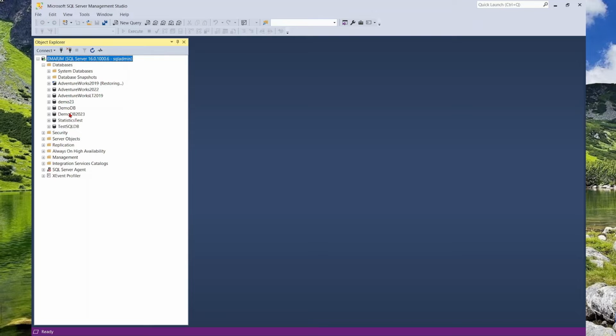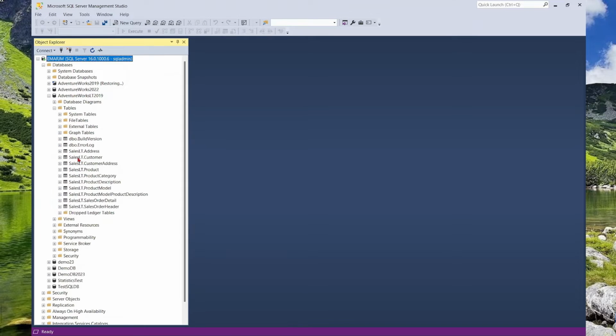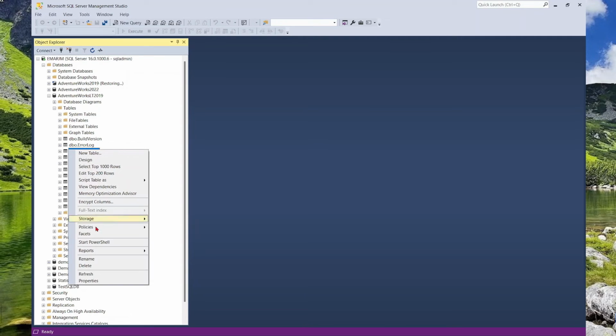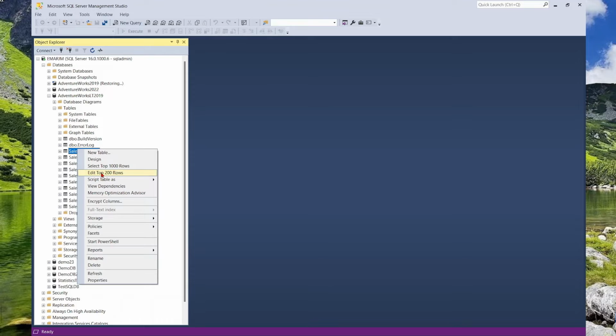And these are several databases. So this is the AdventureWorks database, which is from Microsoft. So I'm going to expand. I'm going to go to tables, right? And these are the tables that store data. Now remember, data is stored in a field. So if I right click on one of these tables, select edit top 200 rows,